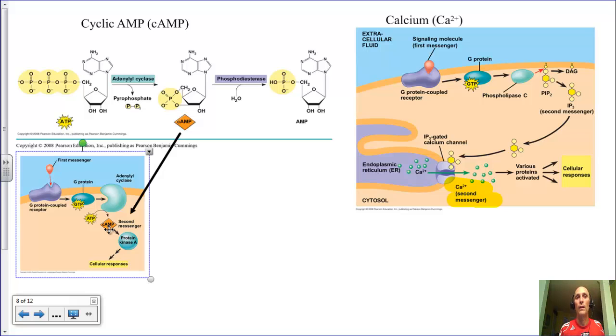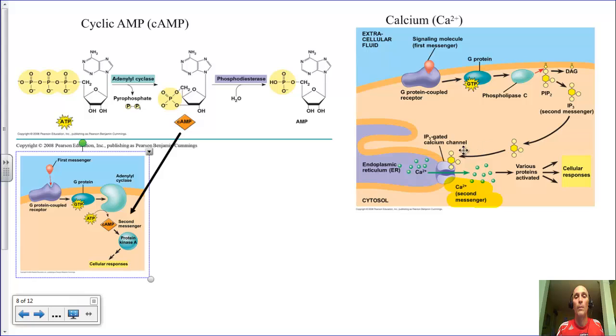So cyclic AMP is going to cause this wide cascade of effects, which eventually lead again to that cell response. All right, and then the second messenger you want to know about is calcium. And calcium is a very handy second messenger for us. So here is the pathway with our G-coupled protein receptor like we talked about before, activating this little pathway right